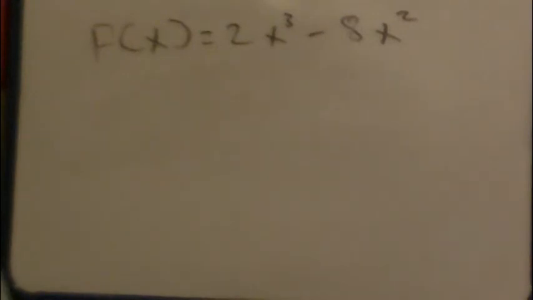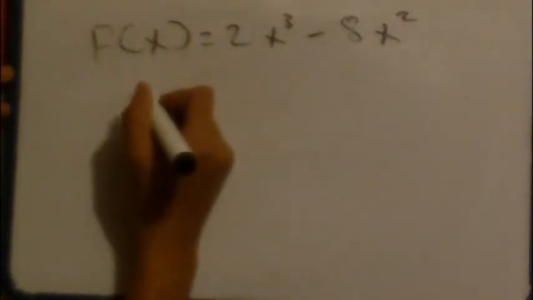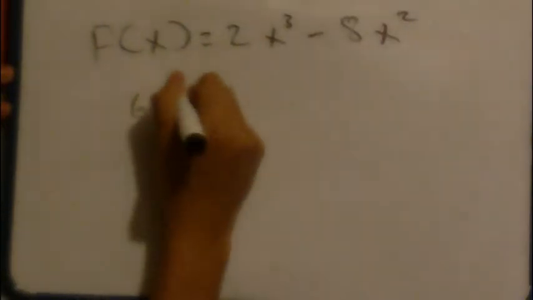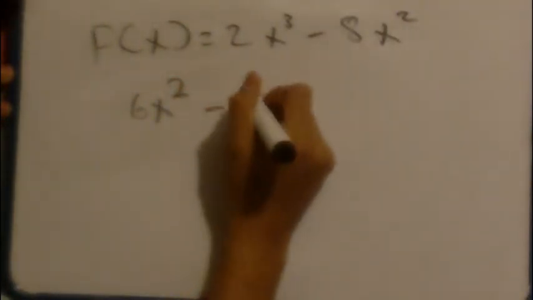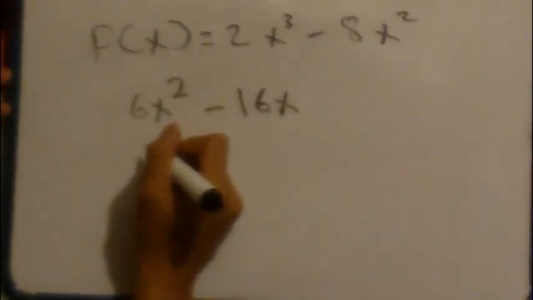Well, to find the slopes, you'll have to find the critical points, and basically critical points are the highest or lowest points of a graph, and with those you can get slope. So to find critical points, you have to derive and solve for x. I'll show you here. So derive the function: 6x squared minus 16x. Now I'll have to solve for x, and to solve for x, you'll have to use the zero product property